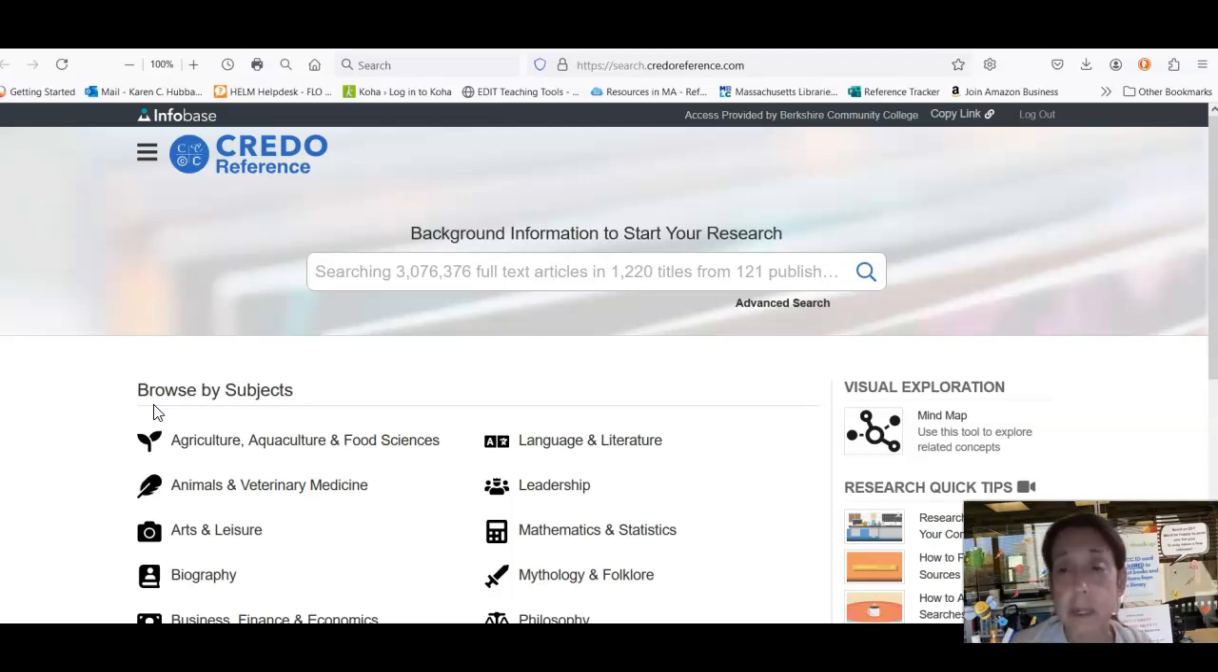So if you're writing something on conspiracy theories, we actually have a resource in here on that, or on some aspect of American history. You could look up your topic in a general way and perhaps find some aspect that might be of interest to you, or read a general description of your topic, and maybe find some keywords that